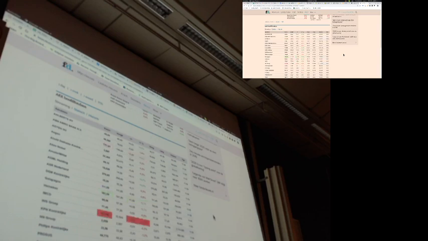So the program needs to do several things. It needs to get the information from some server, right? That could be the server from the newspaper, it could be the server from the stock exchange, it could be a server from a third party providing these services. But just looking at this page, you can't tell. So it needs to get the information, and then it needs to use the information to change the actual content on your browser that is